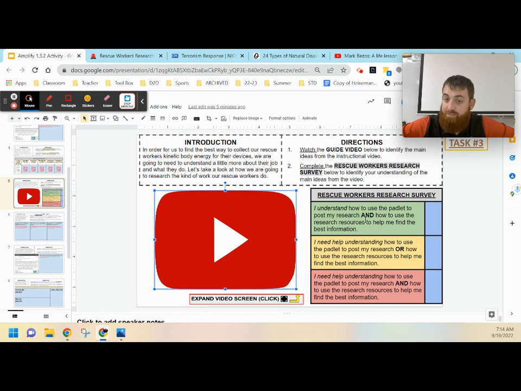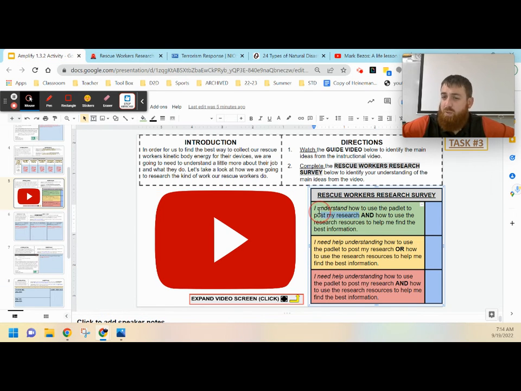So go ahead and take a second. Do you understand how to use the Padlet to post your research, whether it's that video, that article, adding that link by clicking the plus button? And do you understand how to use the research resources to help you find the information? So those are the type of topics you can search for. Those are the questions you should be answering. And those are the resources that you should use. Go ahead and complete the survey. If you put your X in yellow or red, reach out for help. Otherwise, good